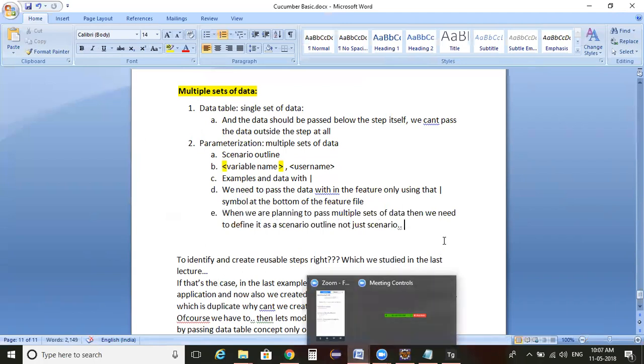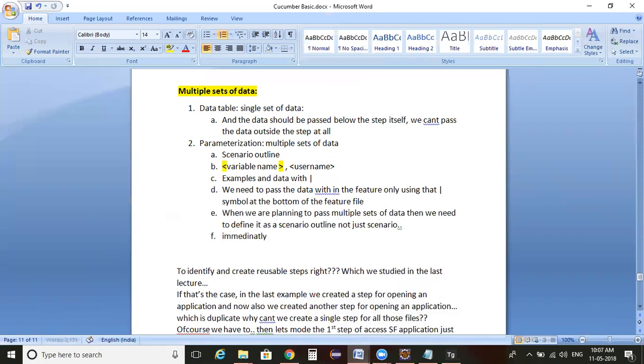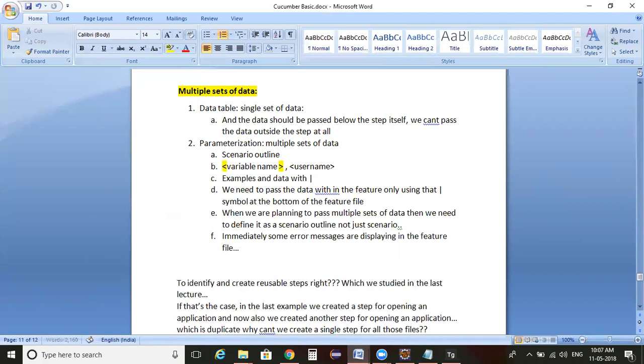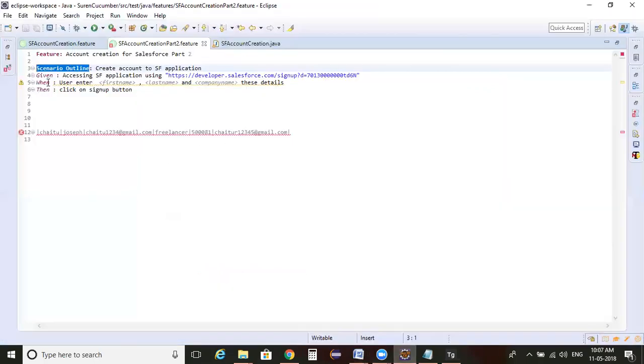As soon as I define it as a scenario outline, immediately some error messages are displaying in the feature file. So there we need to pass the required data. See the error message it is throwing, right?